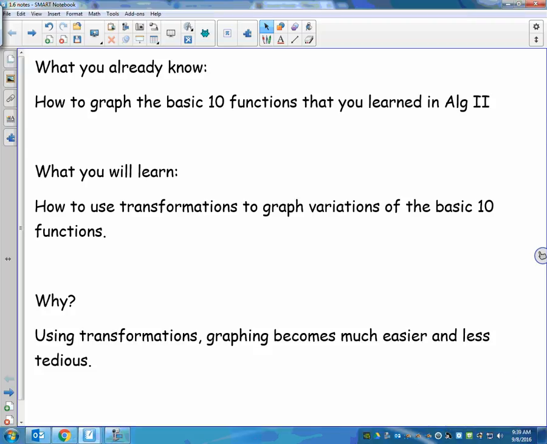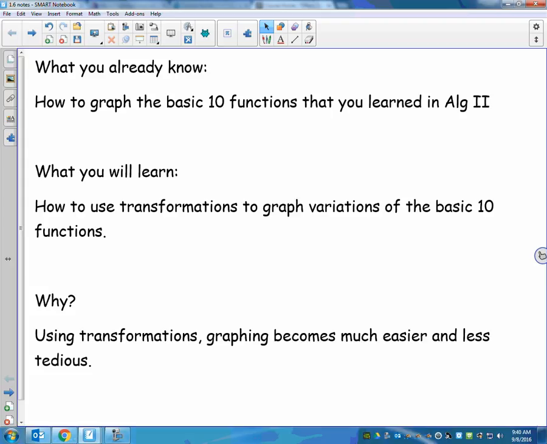Okay, so we've done a little bit of graphing. We've talked about the 10 basic functions. Today we're going to talk about, hopefully remind you of, not teach you for the first time, but we'll see how it goes, transformations, and how if you recognize transformations and you know the 10 basic functions, it's really easy to graph by hand, which is why your homework is on paper today and not on Math Excel, because